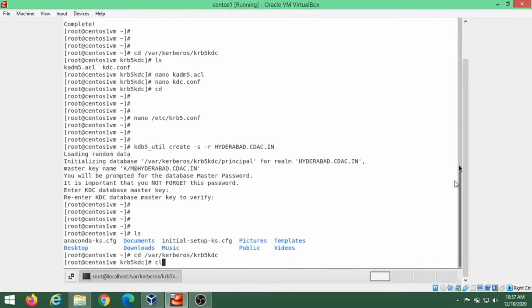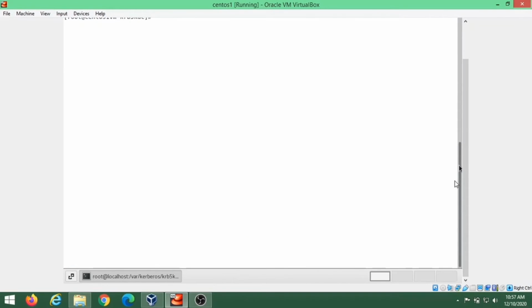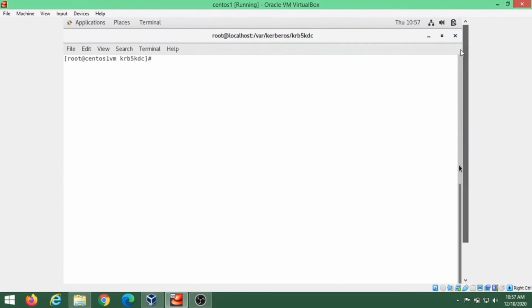If we do ls here, we needed to create the database inside this folder.